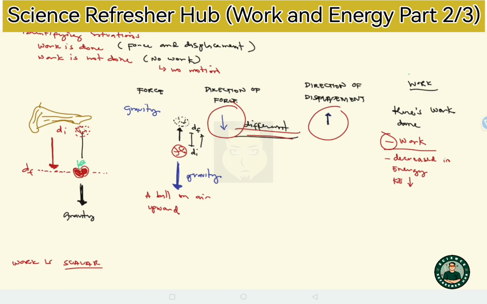So it makes sense because when we throw the ball up, it will slow down because of the force of gravity that pulls the ball down as it goes up, opposite in direction, and it decreases energy. That's why the ball slows down when it goes up,